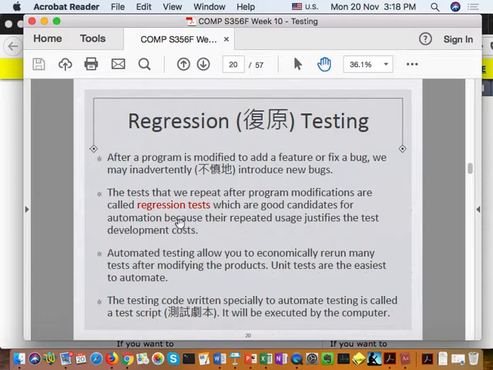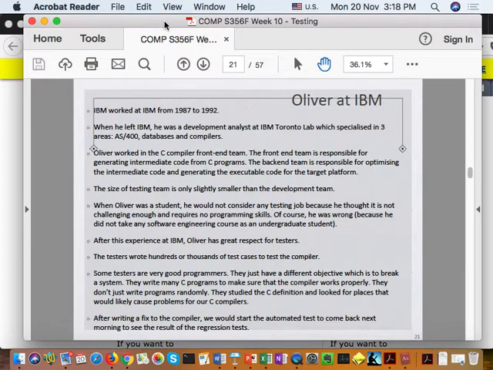in a way, regression testing is nice because you may be updating your software many times. So after an update, if you want to make sure that you did not introduce new bugs, then an automated regression test will be very good. You just start the job and leave it to run for one hour, two hours, come back, and you have thoroughly tested the system. So let me share with you